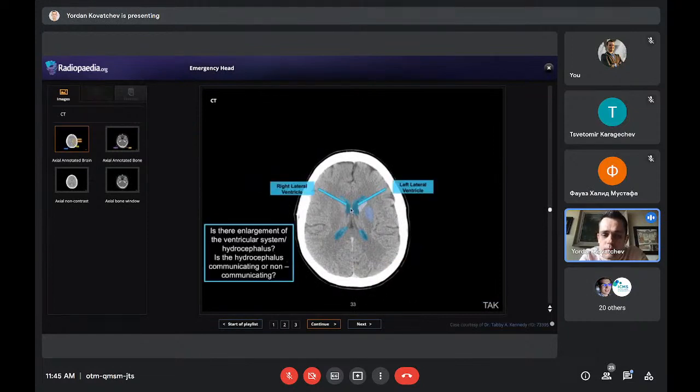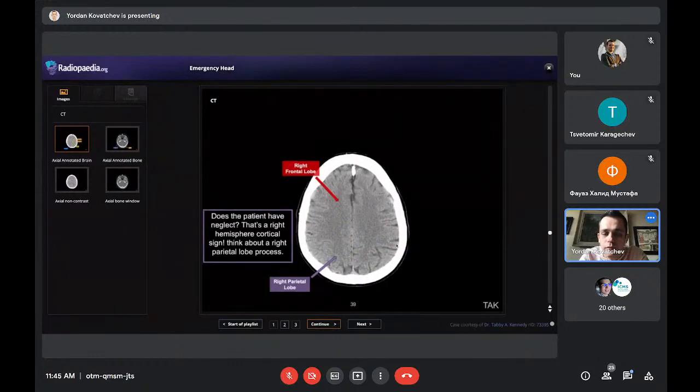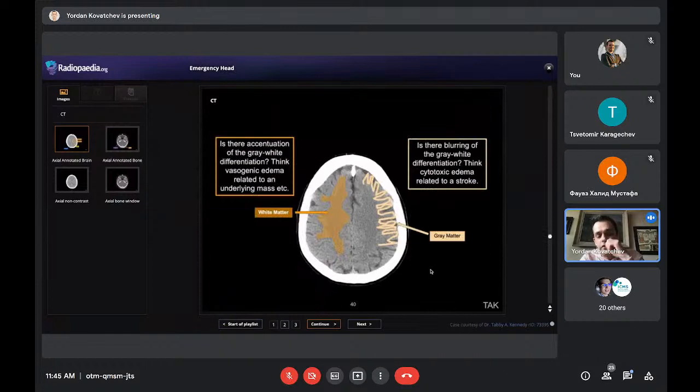And then we finish with the bodies of the lateral ventricles. Here they're normal. They will be enlarged if there's hydrocephalus. Now, as we go up, this is another thing. My colleague, Dr. Karagechev, mentioned this, and I want to say it again. It's so important: the gray-white matter differentiation. And as I said, with the different types of edema, do you see the gray-white matter almost clearly? It's hard, I know, but almost clearly with different density between each other. As you can see here, the gray matter is the cortex, and the white matter is subcortical space.